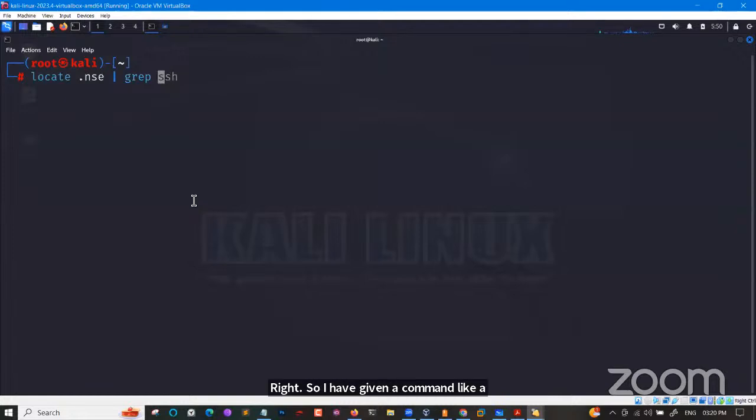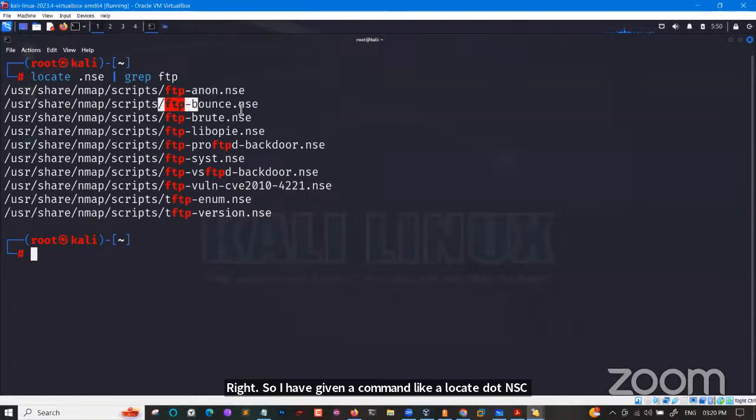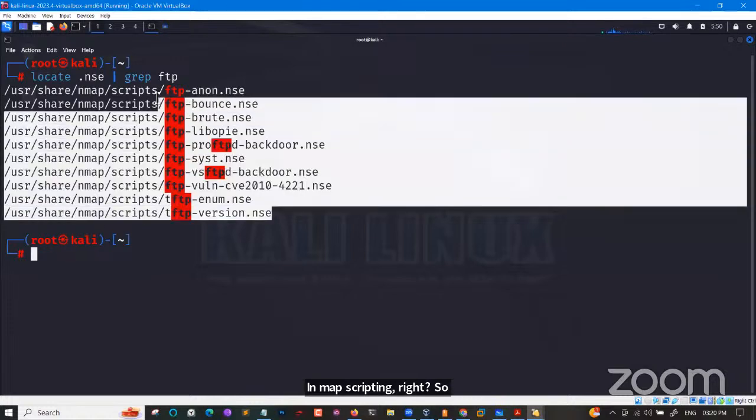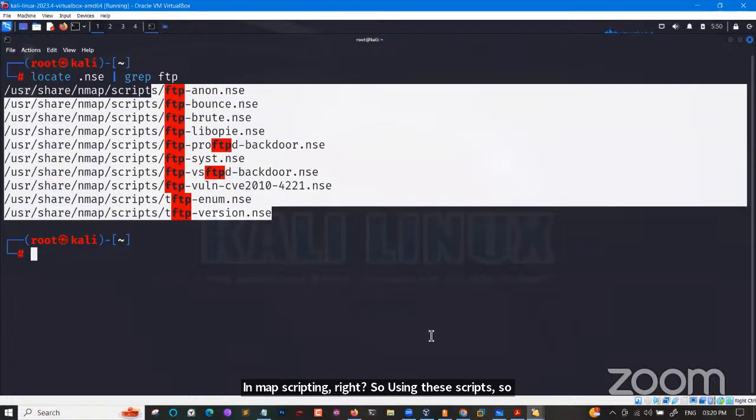.nse, and you can use a grep command to find exact scripts with that Nmap script engine, right? So using these scripts, these are all the known scripts. I think I have shared the scanning document with you. I hope you guys received that,